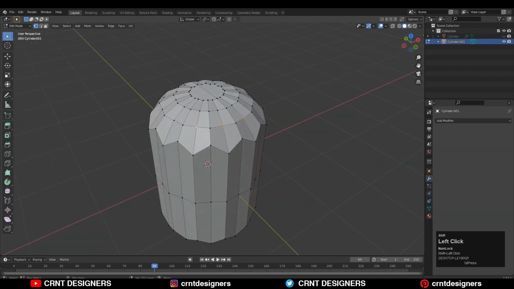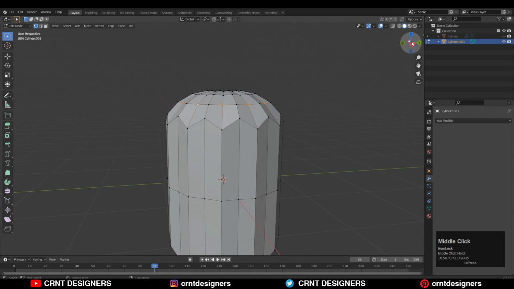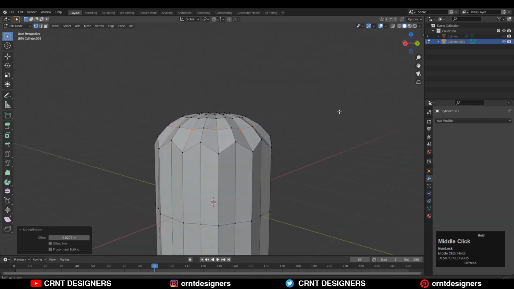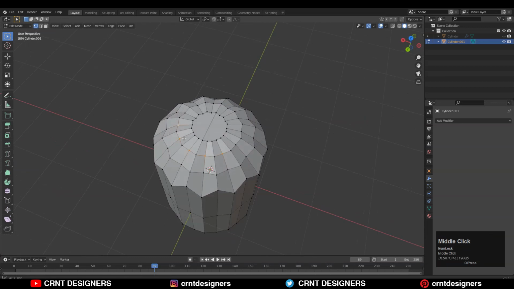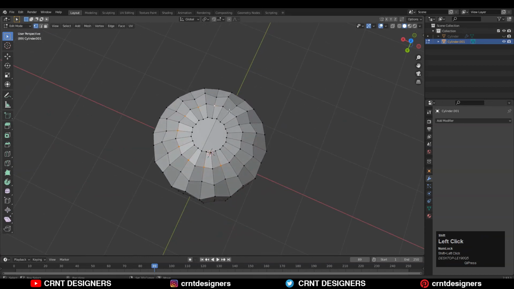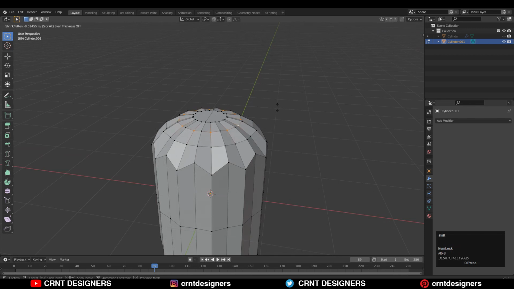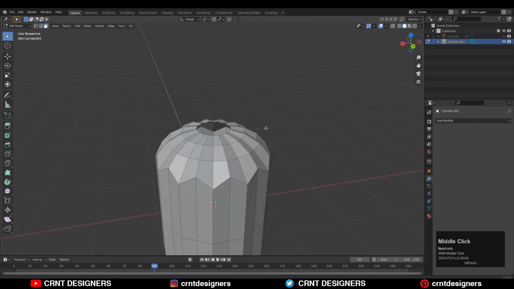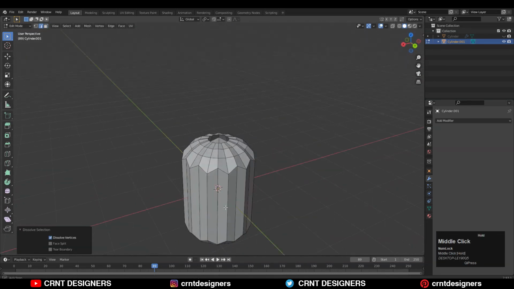So just select these vertices with the shift select and then press Alt S to scale them along their normal and scale inside like this. Scale it down. And same thing you need to repeat with these vertices. So just select the vertices and press Alt S to scale them along their normal. And then select that top face and then delete it. Then you can select that center edge loop and then Ctrl X to dissolve it.